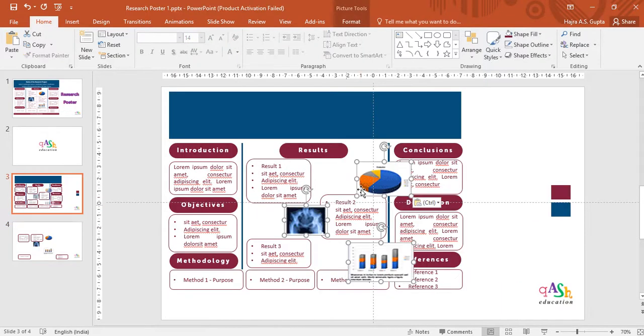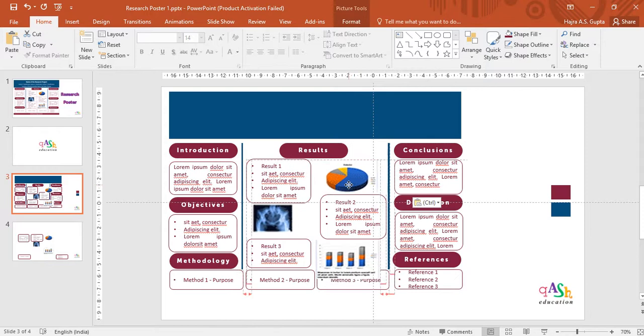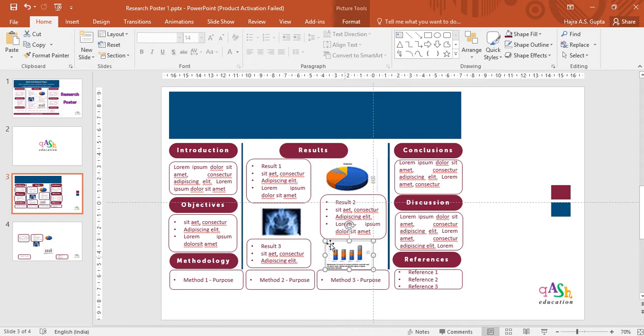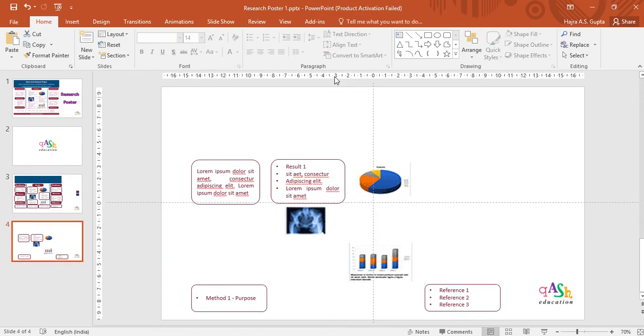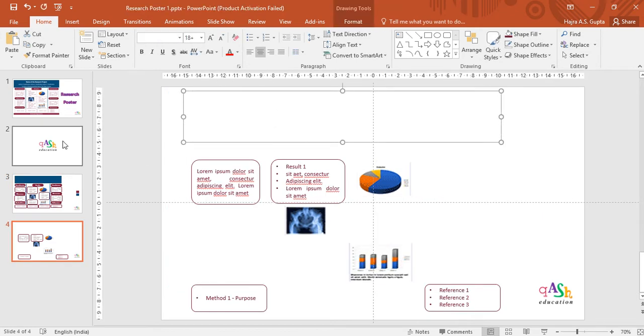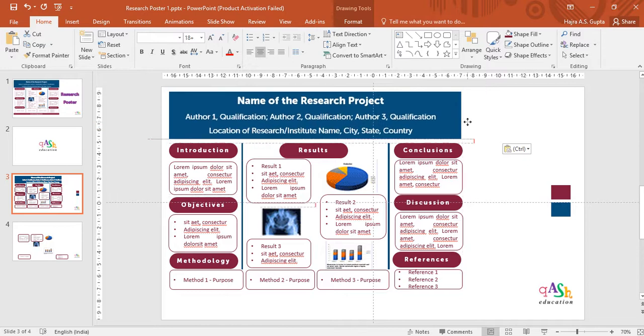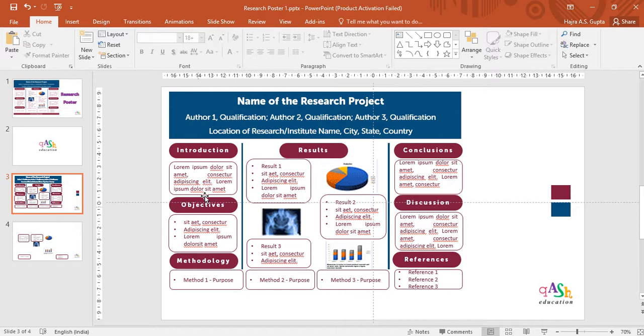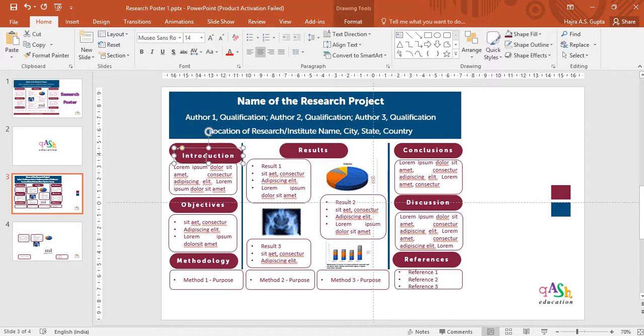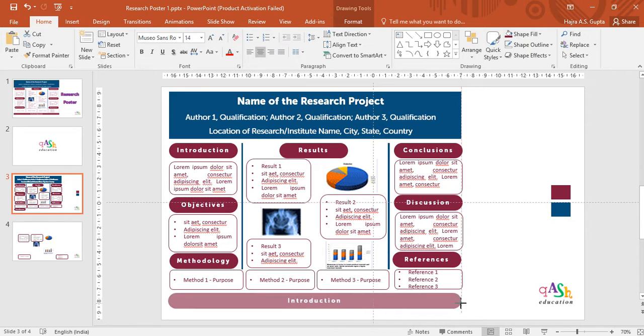Now I have these demo images that I'm going to place here. So one is a pie chart, the other is a photograph of an organism, a microscopic image. The last one is a bar graph. So this is how we've basically adjusted all the information here. The last step is to put the heading of the project, the author's name and their affiliation. It's a very basic and very simple format, giving you more and more space to highlight your results. So if you have more results in your project, you go for this type of format.